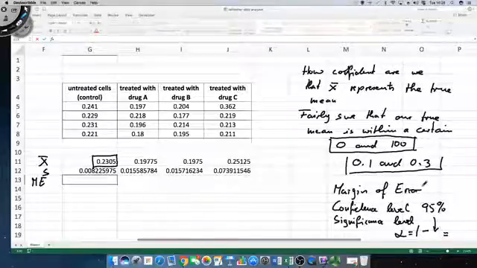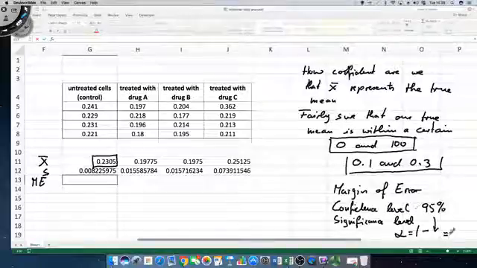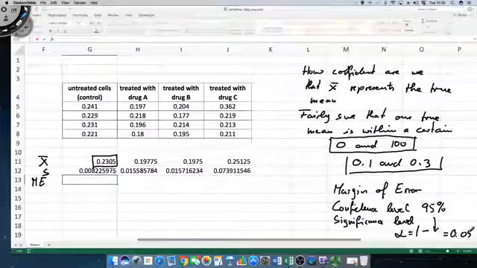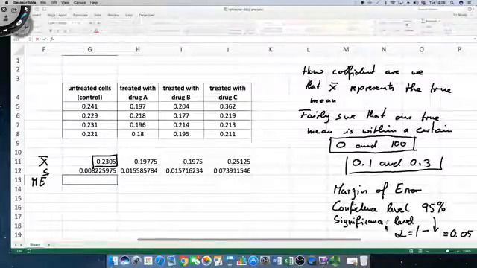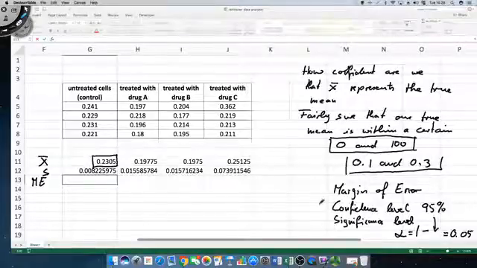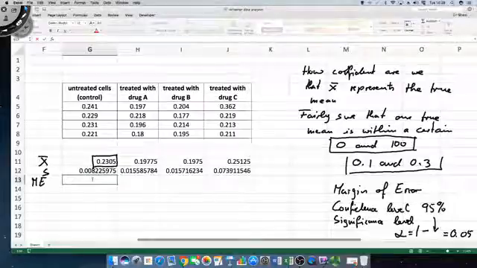Okay, thanks, Tom. So what is alpha in this case? Obviously 1 minus 95%, so that would be 0.05. Okay, so that is our confidence level. So what we can do now is,